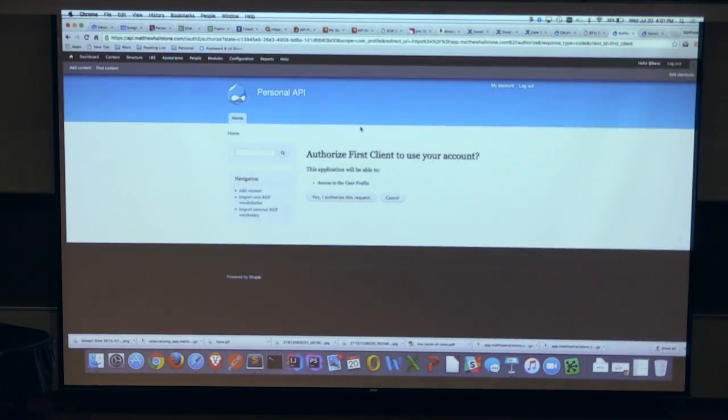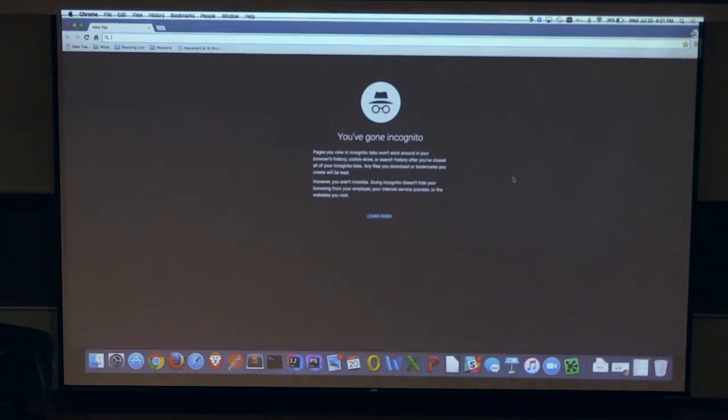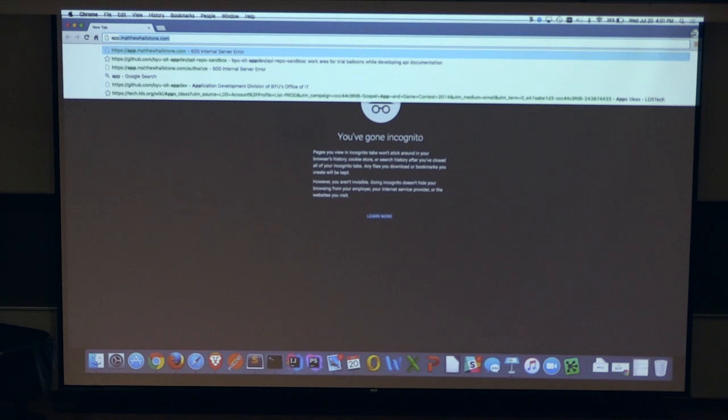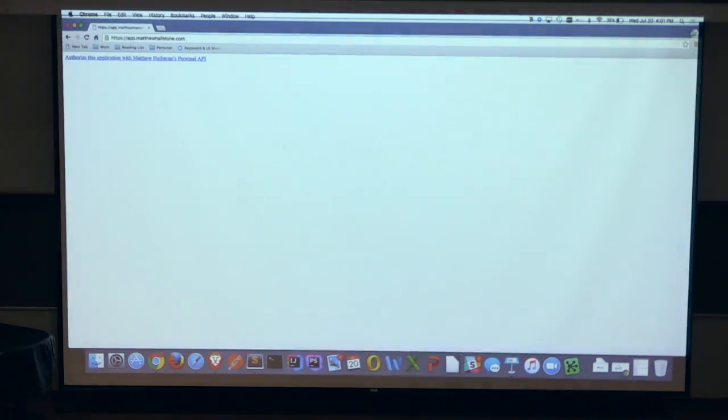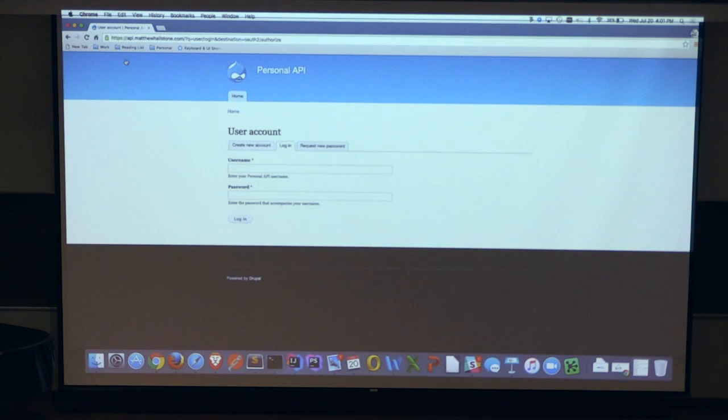I notice I'm going now to api.matthewhouston.com, which is my personal API instance of Drupal, but I'm actually logged in. I could go to something like app.matthewhouston.com, and it's not authenticated, so I need to authenticate.